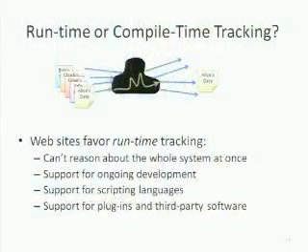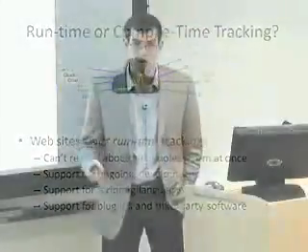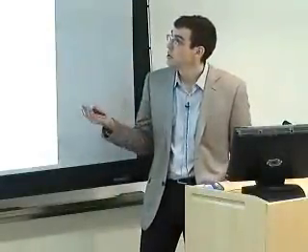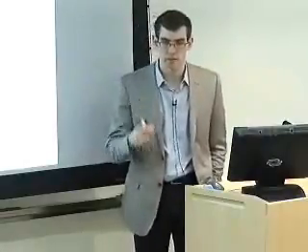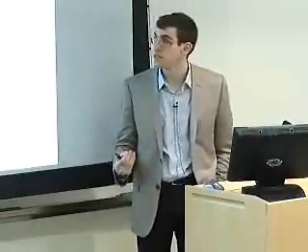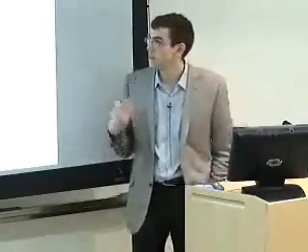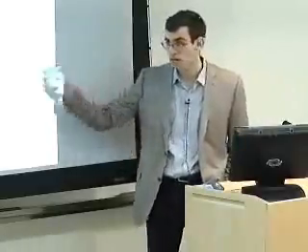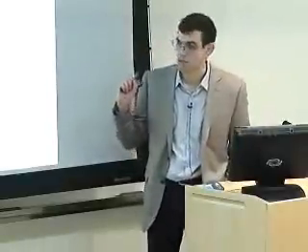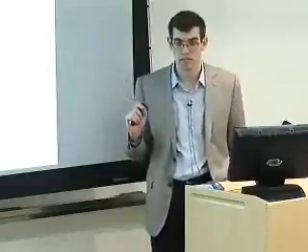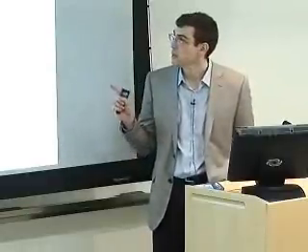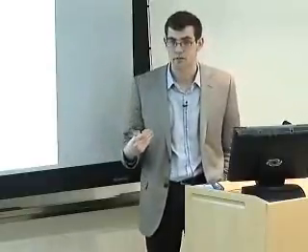So if we think about what this black box is going to look like and how the automated mechanism is going to track what's in it, the first decision we have to make is, are we thinking about a compile time or a runtime mechanism? In my experience, I think that websites tend to favor runtime tracking. And I know that with the Singularity project, there's been a lot of great progress in making compile time checks more feasible. But I'm going to take the point of view that runtime tracking is the way to go